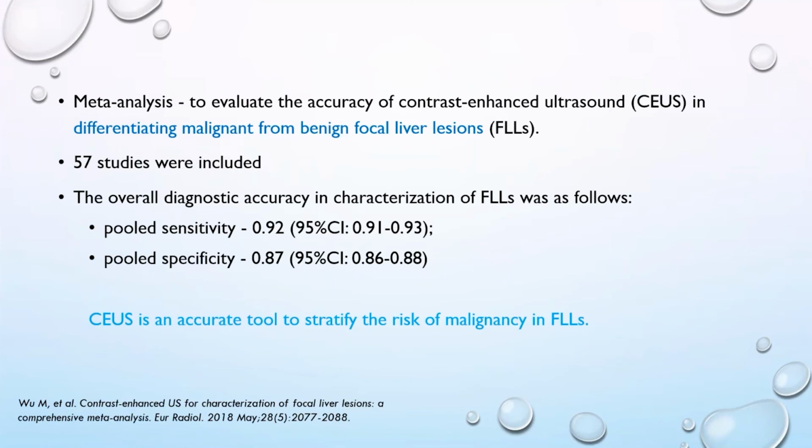The last one was published in 2018, and they looked at the differentiation between malignant and benign focal liver lesions, and they showed very good pooled sensitivity and specificity for stratifying the risk of malignancy in focal liver lesions. So it's a very good method that can tell you, even if you cannot establish the positive diagnosis after the contrast study, you can be pretty sure if the lesion is malignant or benign. And this is one of the questions that the patient is going to have after you have detected a lesion